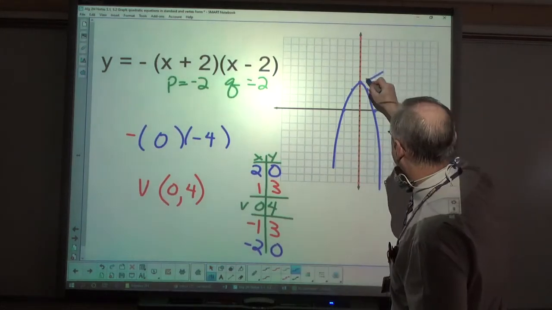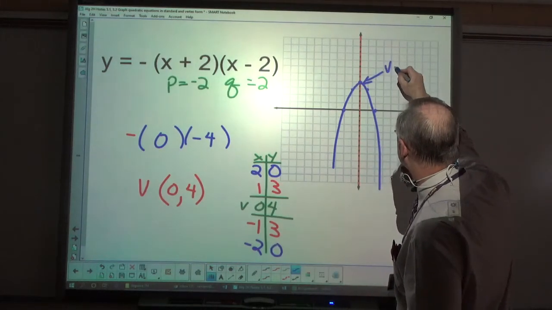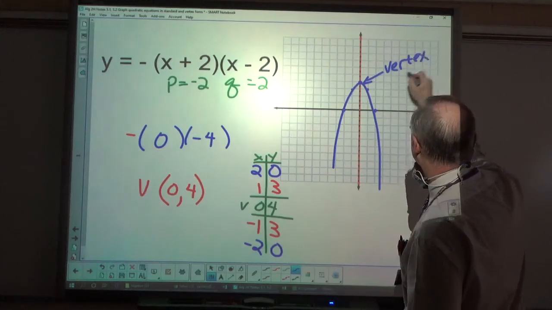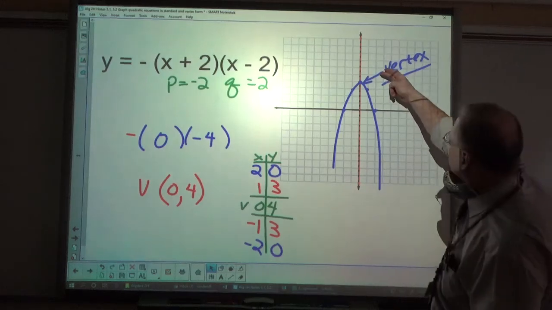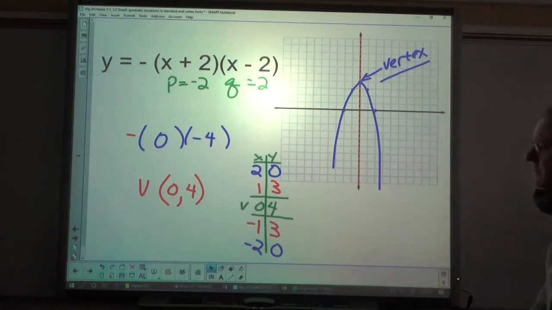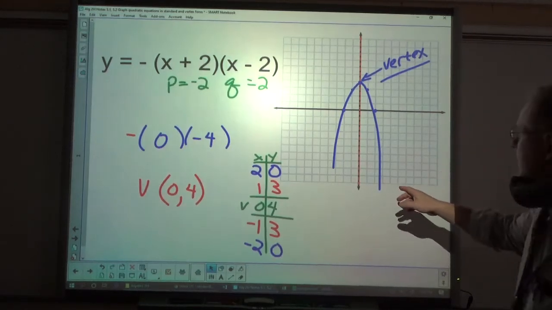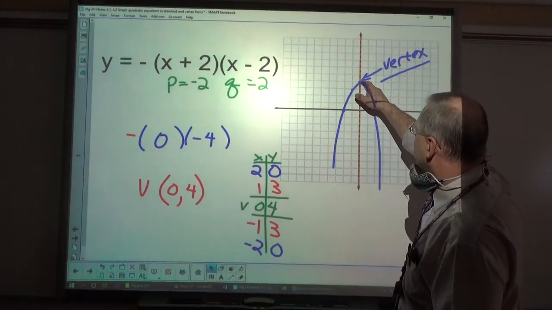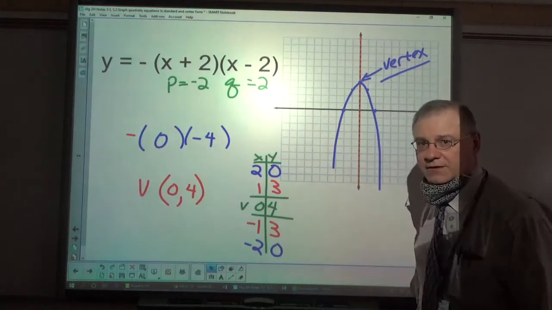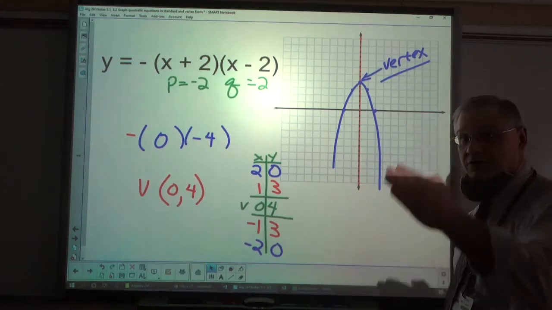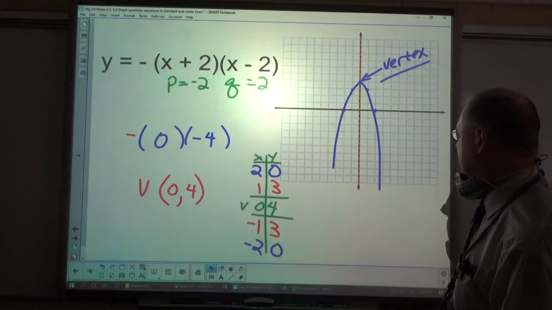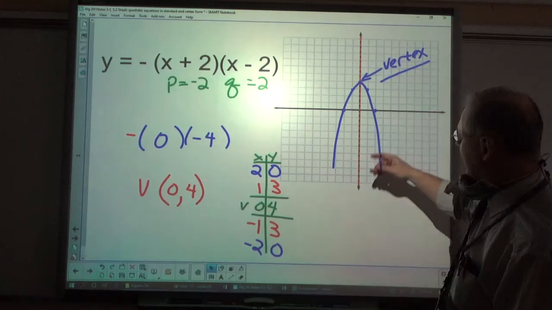And by the way, if I haven't mentioned it, this point is called the vertex. It's the point at which the graph changes direction. So if it's going this way, it's changing direction to go this way. That's that change of direction. Just like the absolute value graphs had that point of the V where it changed direction. Same idea. And the axis